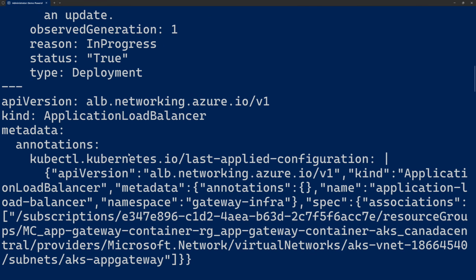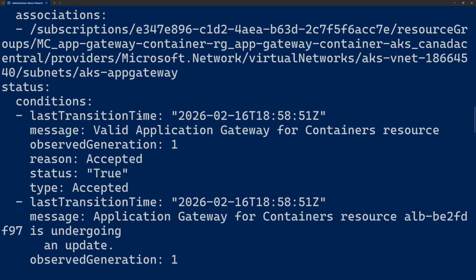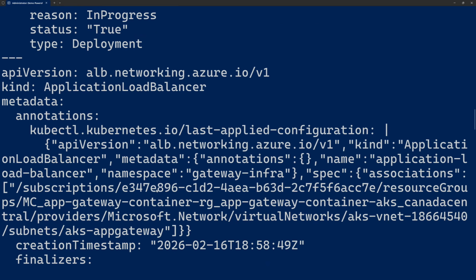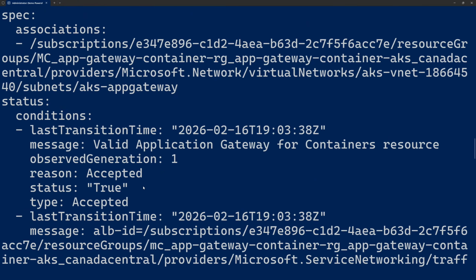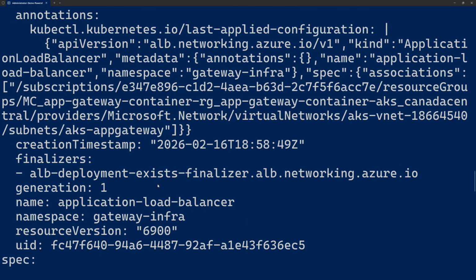So here we have some information about our application load balancer. It looks quite complicated, but if we scroll further down, then we can see here the reason accepted and the status is true. So this is what we want to see. That's amazing. And now everything should work. But if we scroll further down, we have again here an in progress. So that's a bit confusing. Then we scroll further and further. Then we have here again accepted and true. That's again good. But if you scroll all the way down,